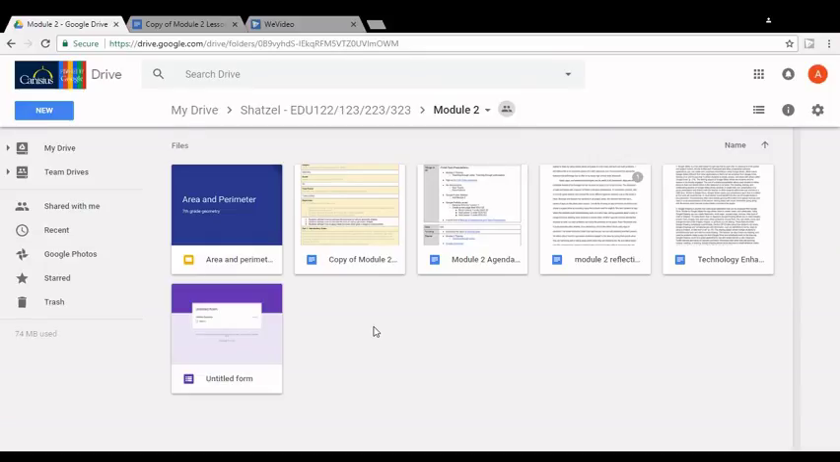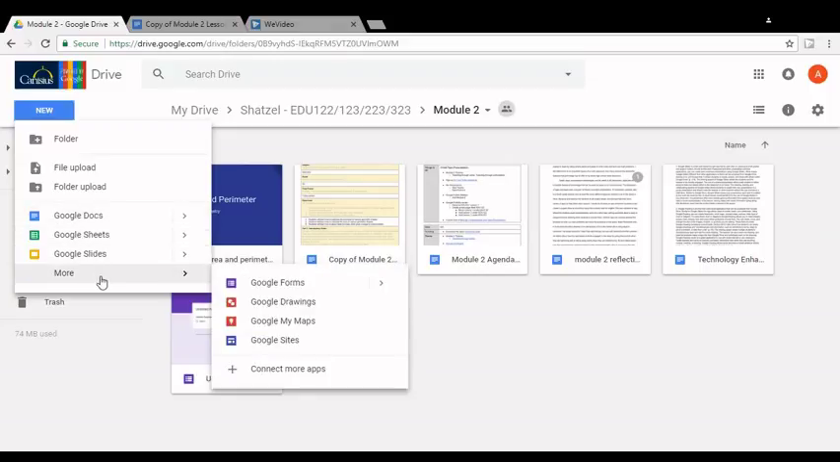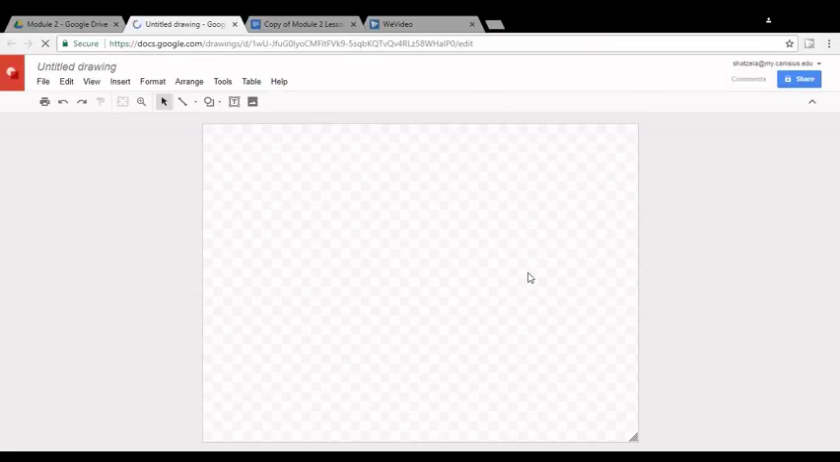So to create a Google drawing, you're going to want to go up to New when you're in your Google Drive, and see here it says Google Docs, Sheets, and Slides. You're going to want to press More and press on Google Drawings to open up a new drawing. And if the folder is shared with me, just press Create and Share. If the folder is not shared with me, you're going to want to go up to the right corner that says Share,